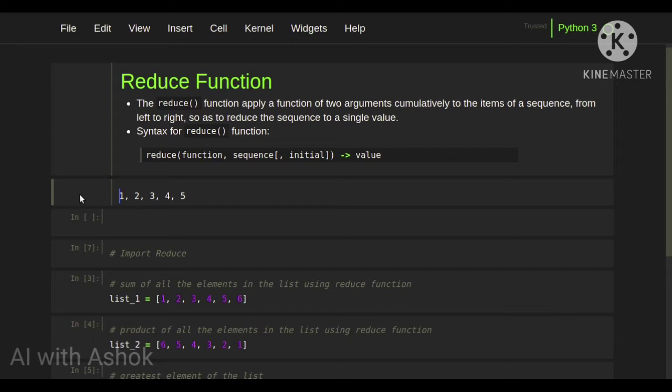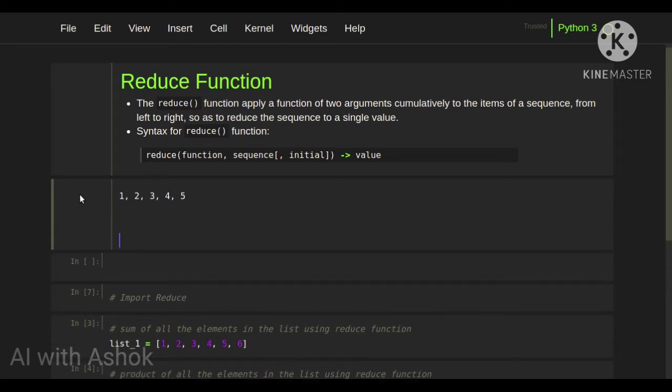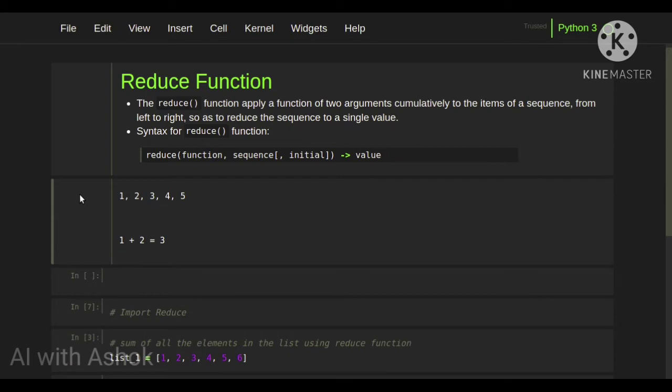So what the reduce function will do is, for example we are doing a sum operation, so it will take the first two elements, do the sum operation and keep it as 3, and then take the third element and add it with the previous answer. So 3 plus 3 is equal to 6.